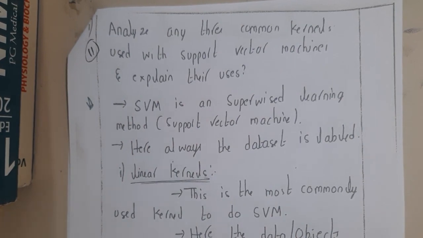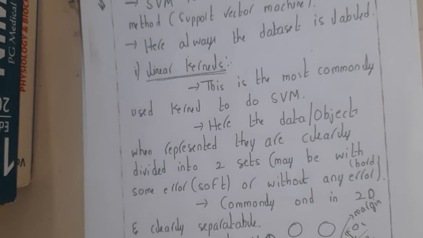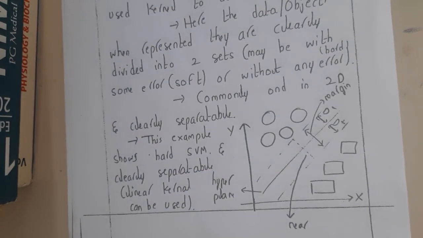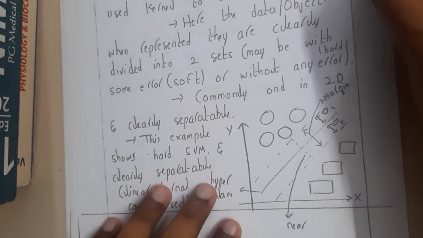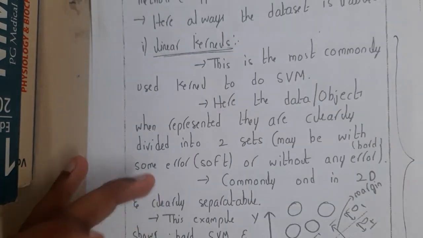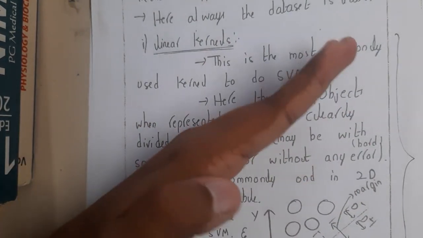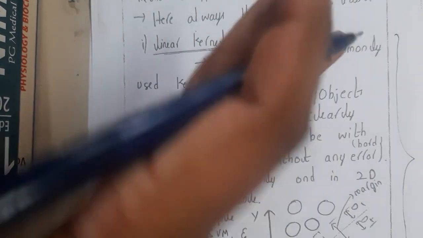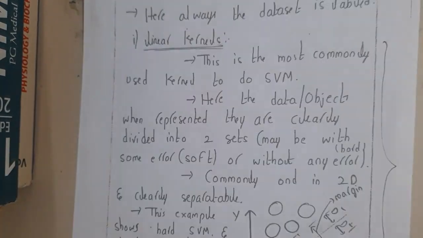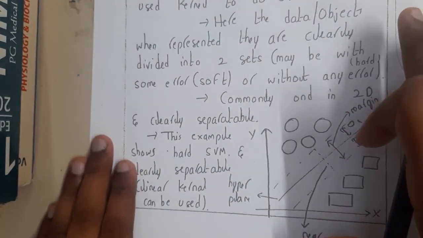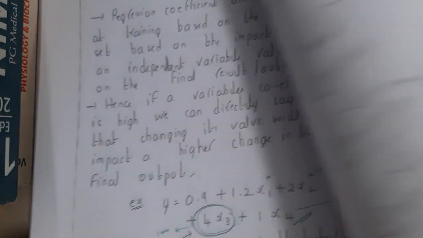So the first kernel is nothing but the linear kernel, guys. Just from the diagram you will say, okay, this is normal SVM, right? Yes. What you watched in the last lecture, exactly that concept is nothing but the linear kernel. Here, using a single linear line, you are going to separate two classes. I am not going to repeat the whole data again. We discussed everything in detail, step by step, right?